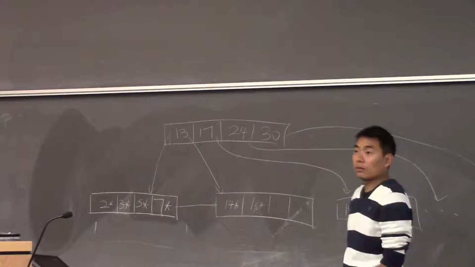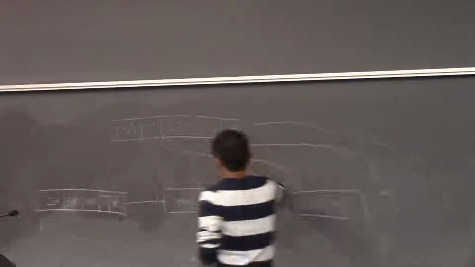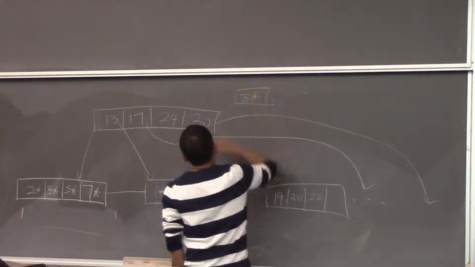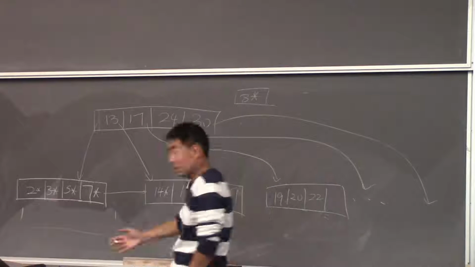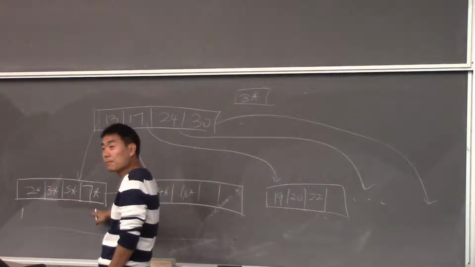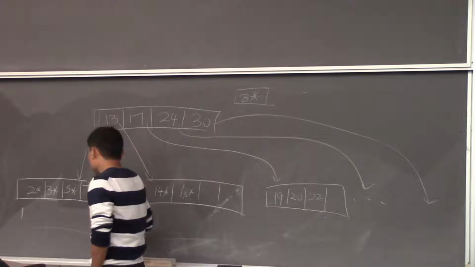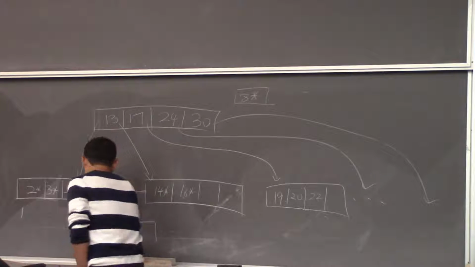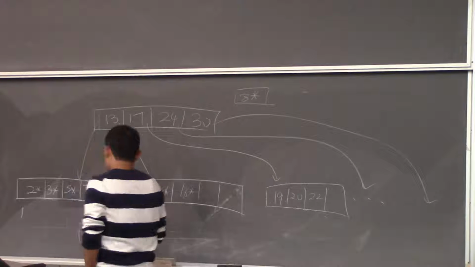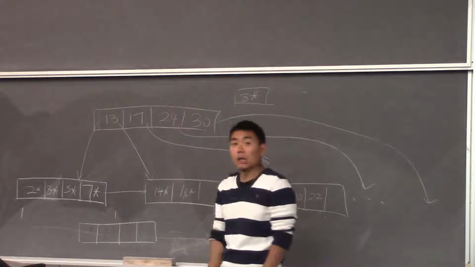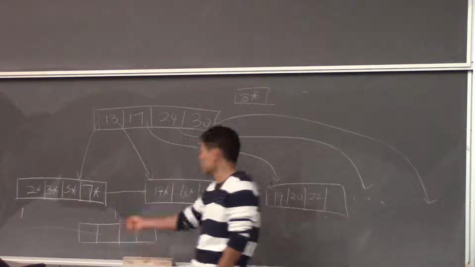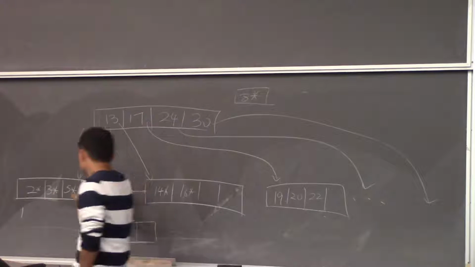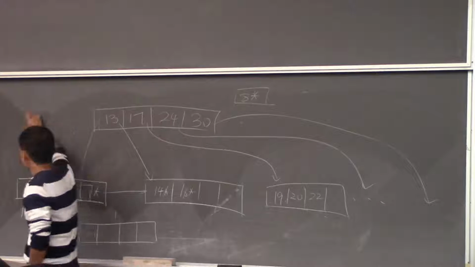Okay, that's what this tree looks like right now. So if you try to insert this value into this tree, what happens is it obviously goes here and there's no space. What you will do is you will allocate a new page, and you do a split of those entries that are already in this page with this new entry. So if we do a 2-3 split in this case,